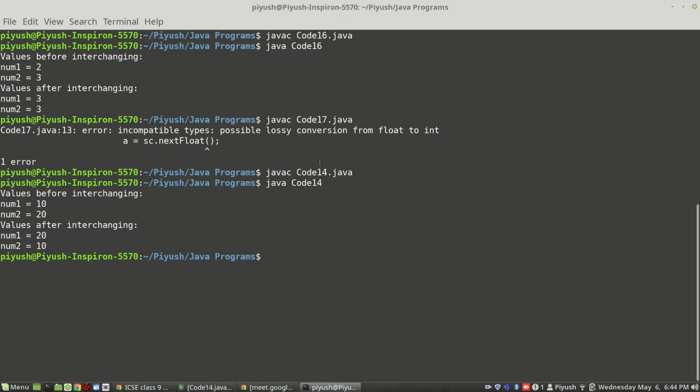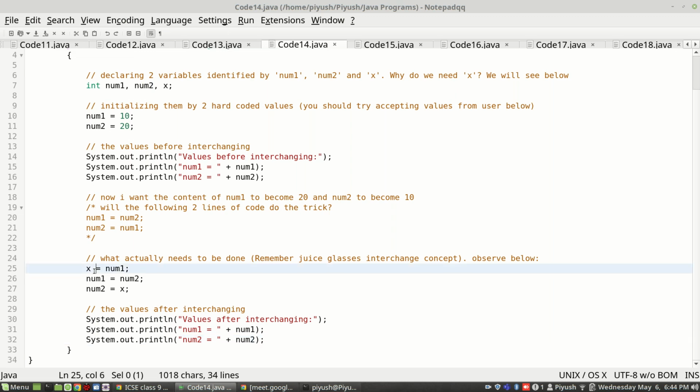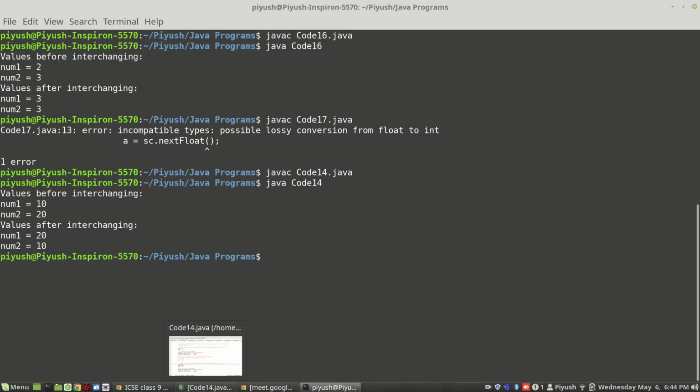Okay, now you can see, initially the content was 10 and 20. After interchanging, by employing the method of taking the help of a third variable, you are able to successfully interchange.